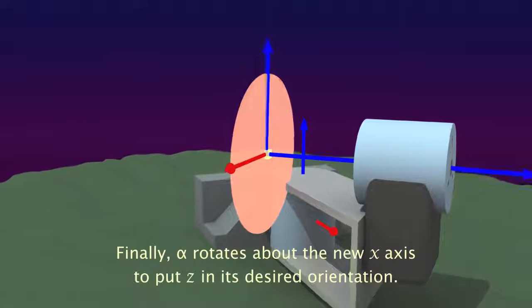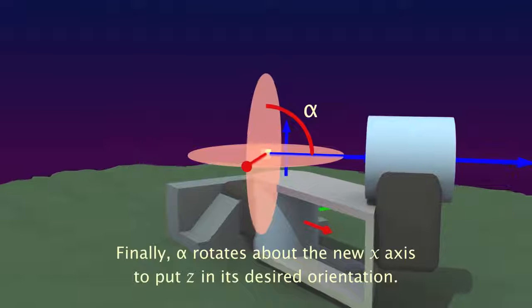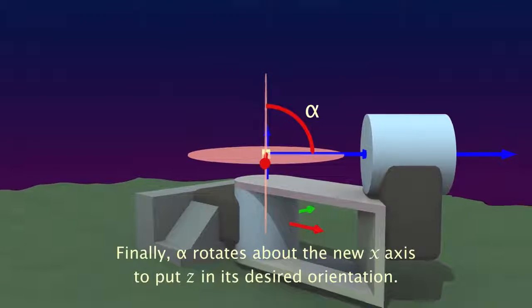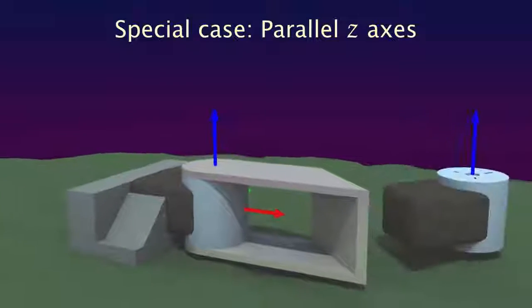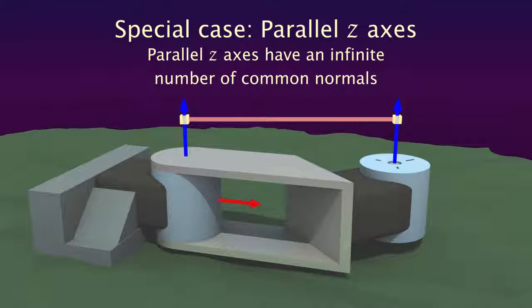Finally, alpha rotates about the new x-axis to bring z into alignment with the axis of joint motion. Now there's one special case, when the z-axes are parallel. Because parallel lines have an infinite number of common normals, you can choose any d value you like in order